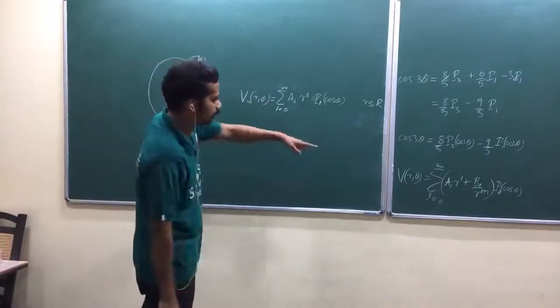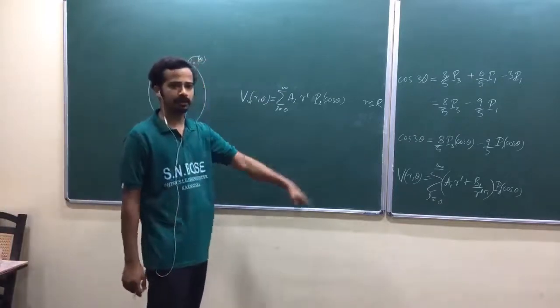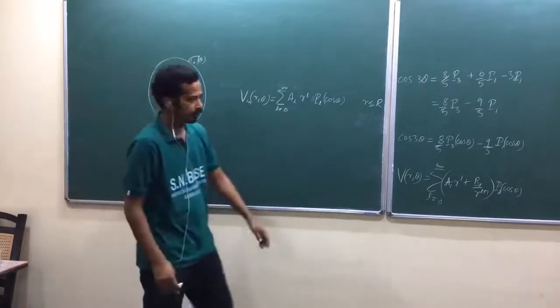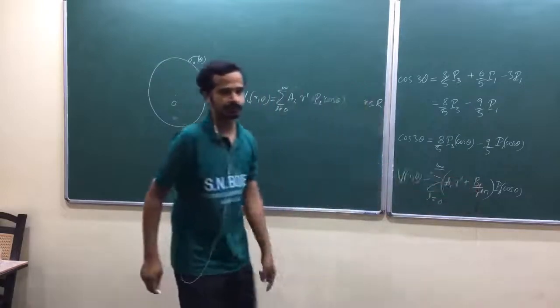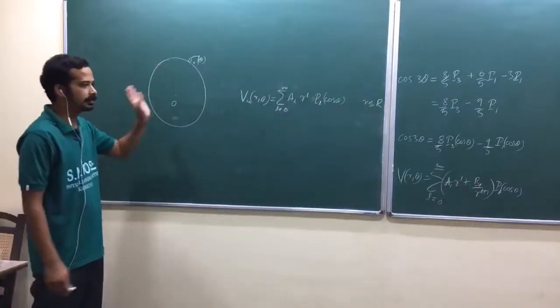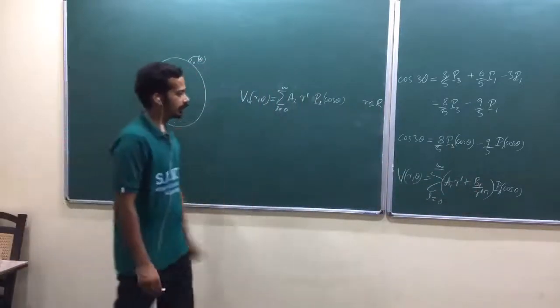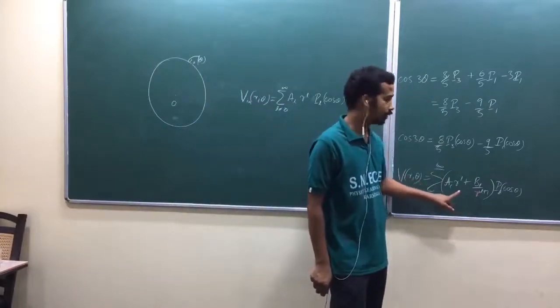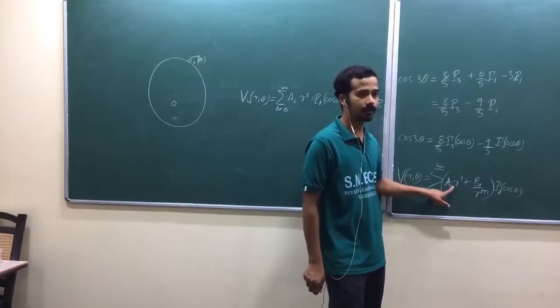So inside solution, you have to put B_l equal to 0. Why? Inside region contains r equal to 0. If suppose this is the origin, then we have to avoid this part, because potential will not go to infinity inside the region. Again, in the outside region, at infinity, again potential should be 0. Isn't it? This will not allow it to make potential 0 at infinity.